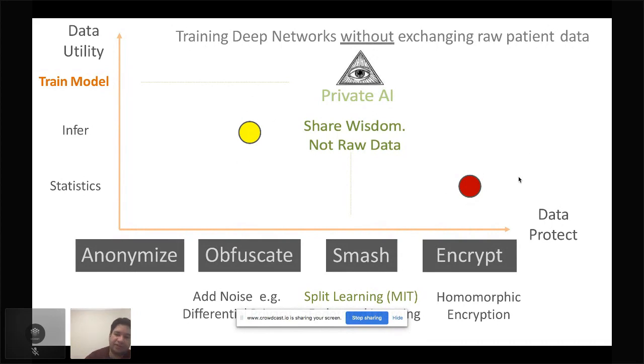So this is an extremely strong approach, but the problem, which is still true as of today, and where I would still put the dot here, is that it doesn't scale well computationally, especially for tasks like ML, where you want to train really large models with millions and billions of parameters. We're not there yet. It's okay for small scale inference, but not for really large models. And also in terms of communication efficiency, MPC would require many rounds of communication to do even operations that are simple in terms of how complex the operation is.